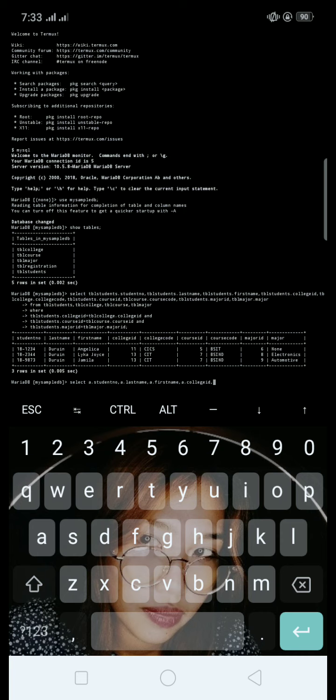Let's alias the tbl_college as B, B.college_code, and A.course_id, and the alias of course is C, C.course_code, A.major_id,